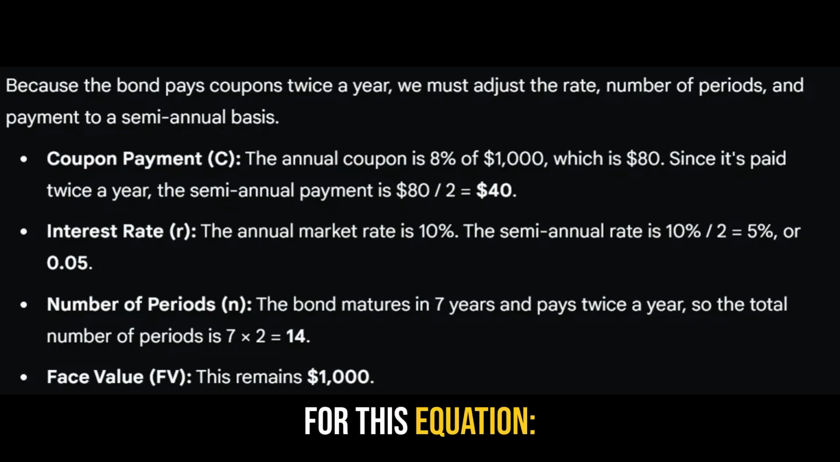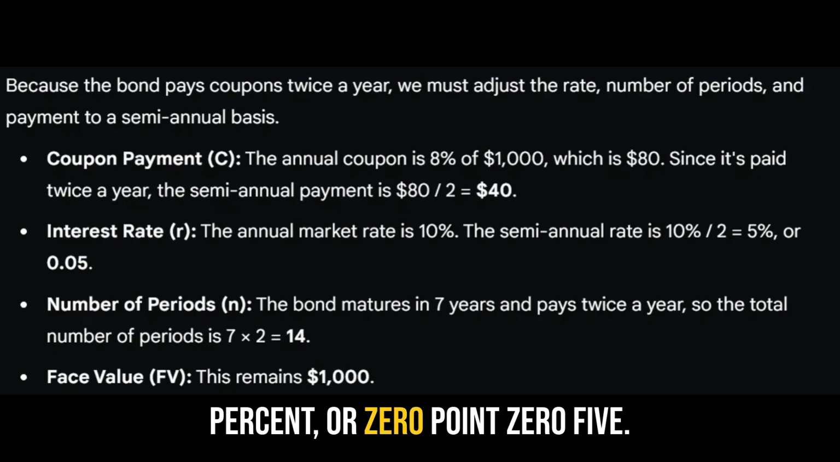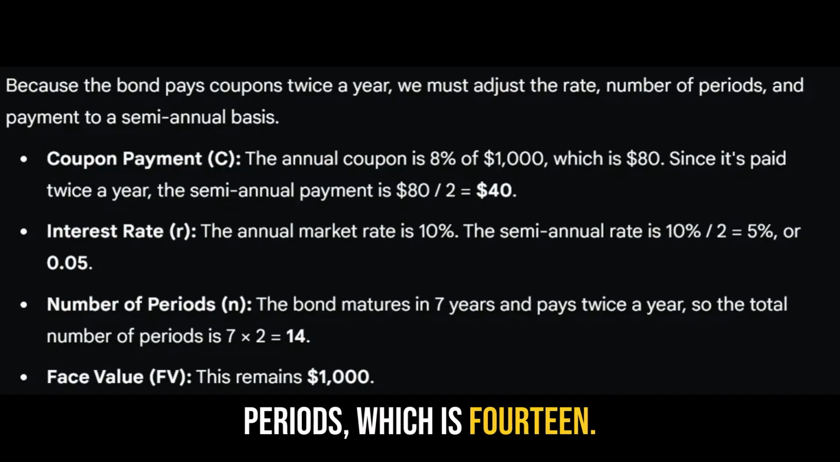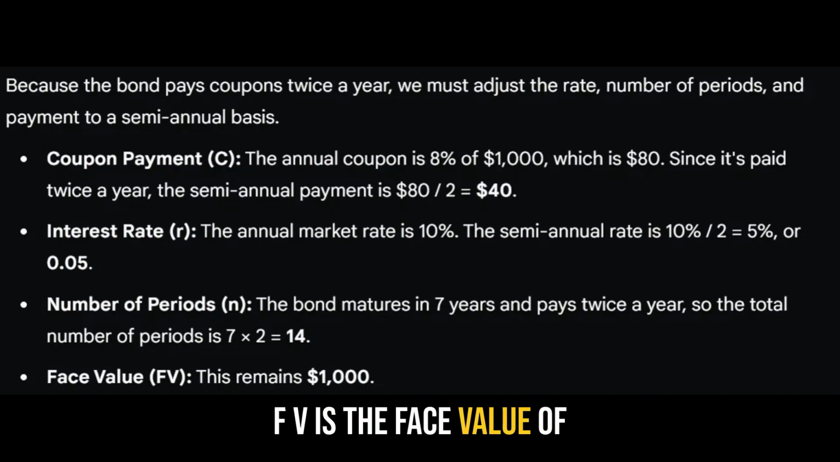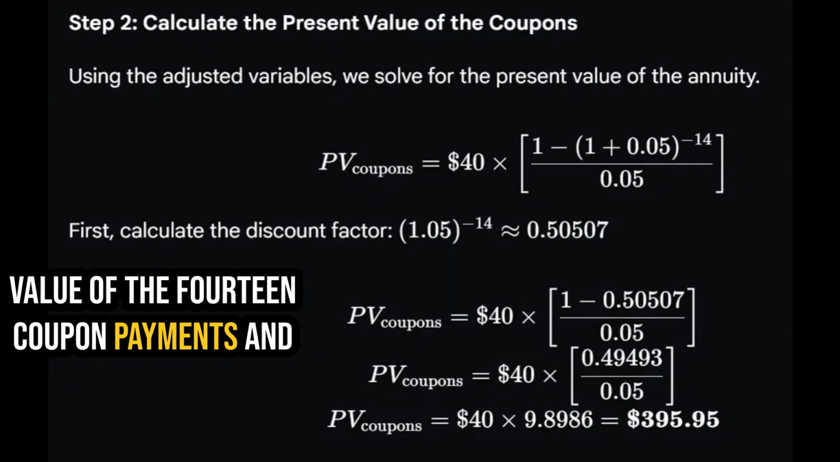For this equation, C is the semi-annual coupon payment of $40. R is the semi-annual market interest rate, which is 5% or 0.05. N is the total number of semi-annual periods, which is 14. FV is the face value of $1,000. When we plug in those numbers, we calculate the present value of the 14 coupon payments and the present value